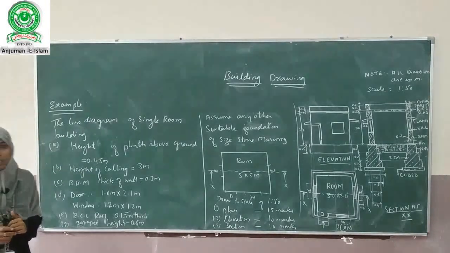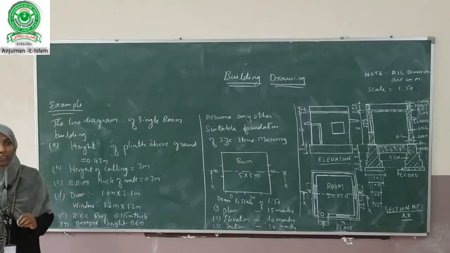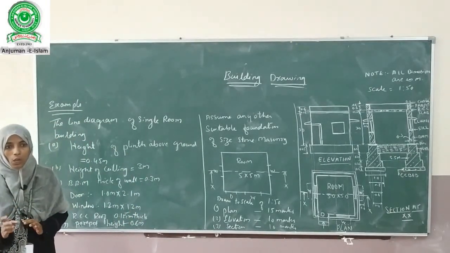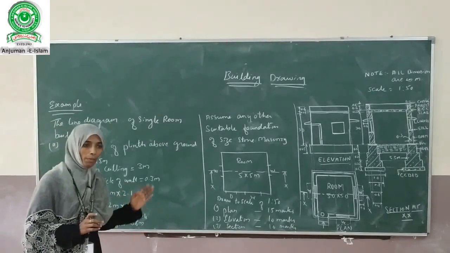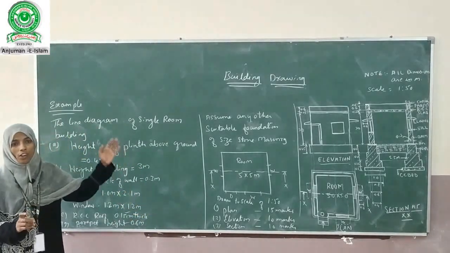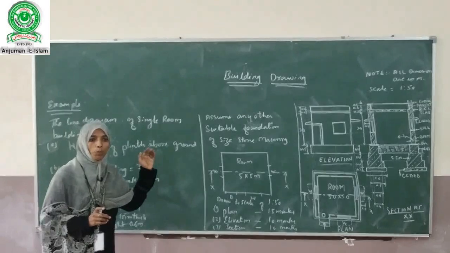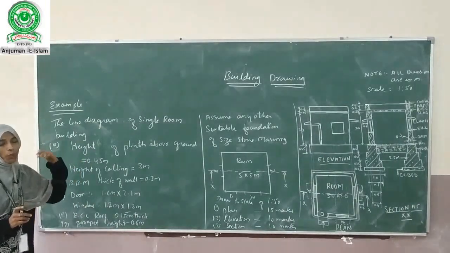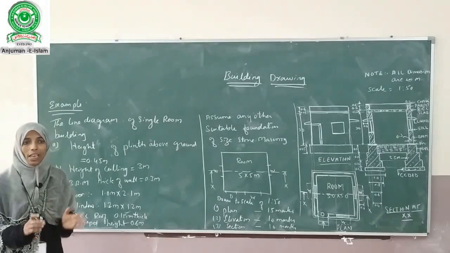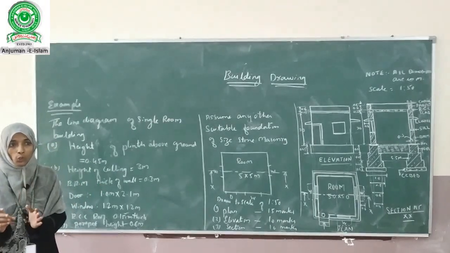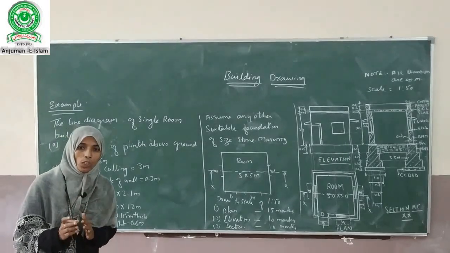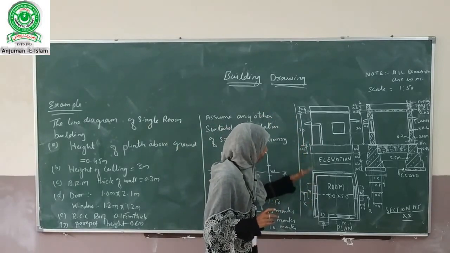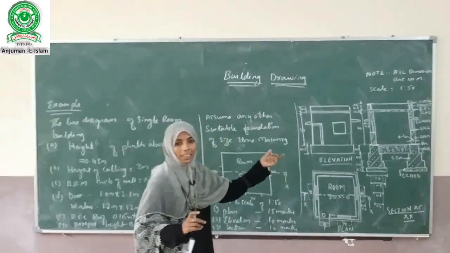There are certain requirements which are very important for the preparation of the building drawings. The drawings will be prepared as per the requirements of the owners. But the basic requirements of a building drawing are that it should be simple, clean, easily understandable, and drawn to the exact measurements. The exact measurements should be shown in the plan so that it is easy to carry out the work at the site. And minimum space should be provided between the views in order to write the dimensions.